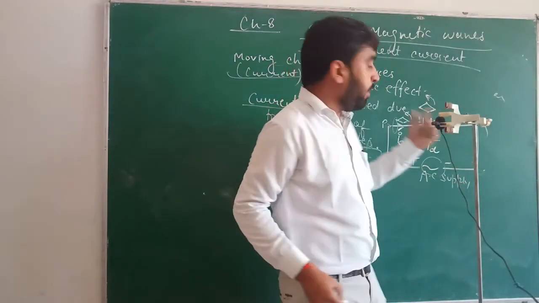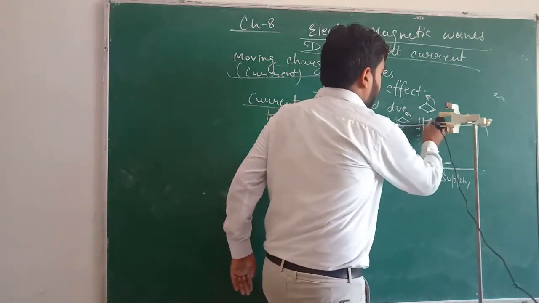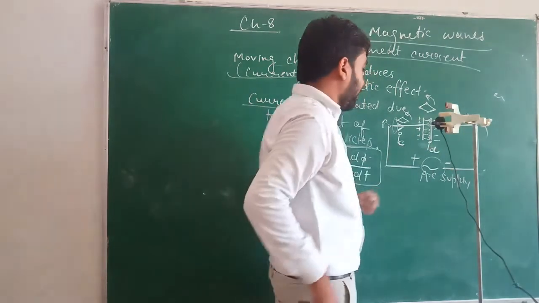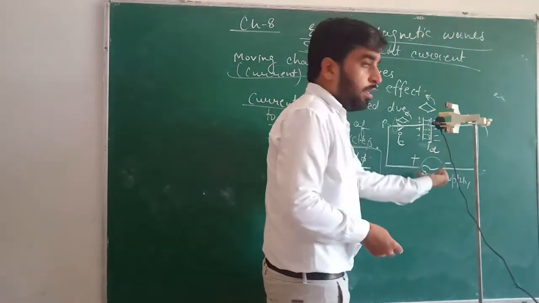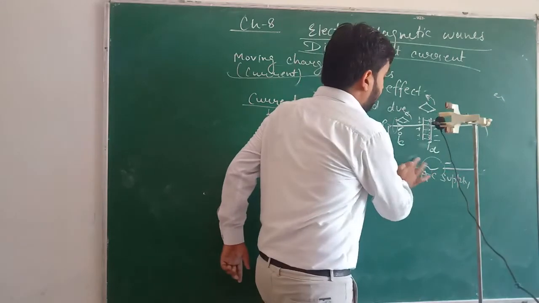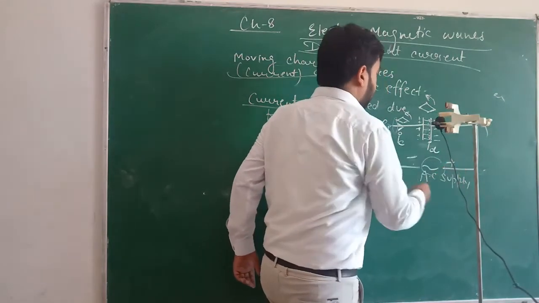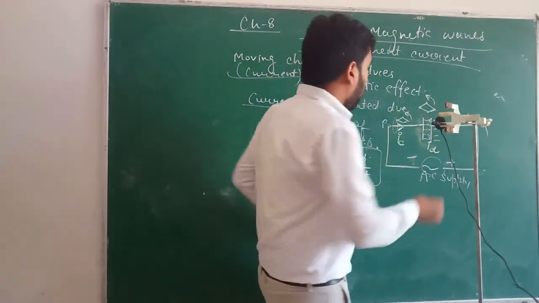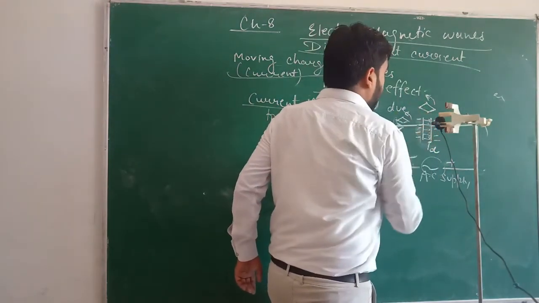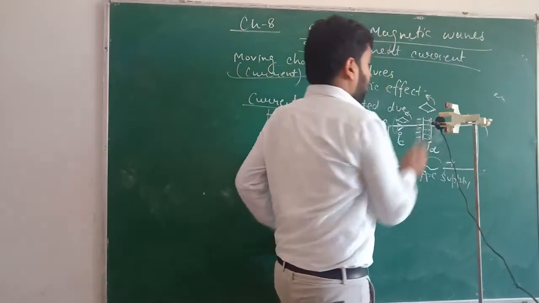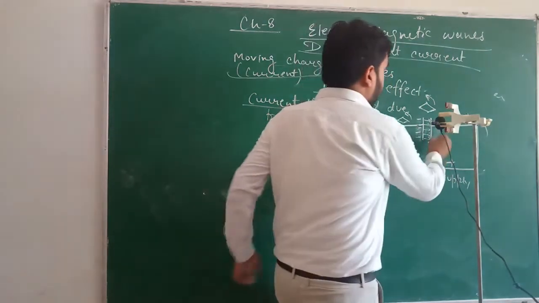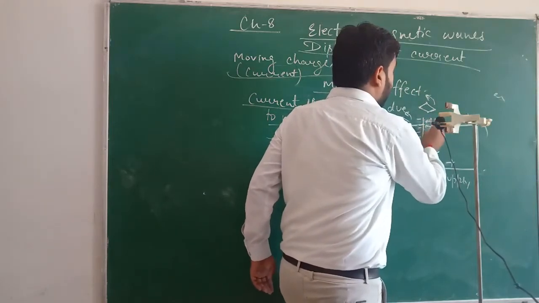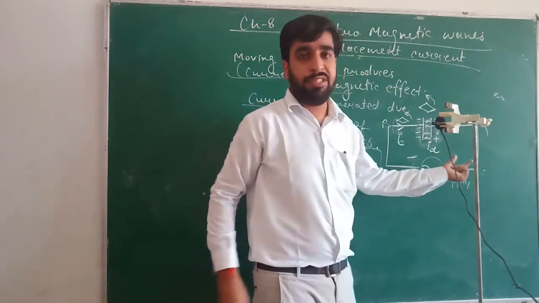Which kind of electric field will be created? The electric field will be from higher to lower potential, like this. This is how the electric field has been created. Now after half cycle, when this end will become negatively charged and this end will become positively charged, the plate which was earlier positively charged now becomes the negatively charged plate, and the plate which was earlier negatively charged will become positively charged. Now there will be variation in electric field and the direction of electric field will be totally changed.